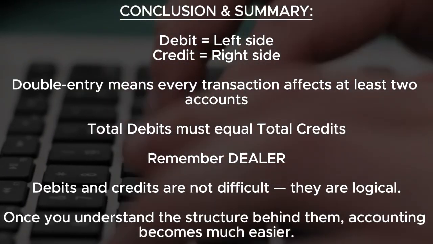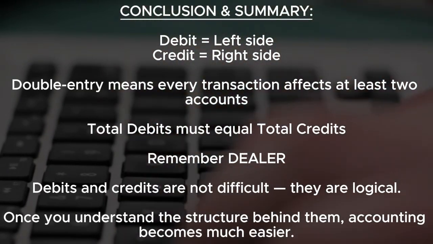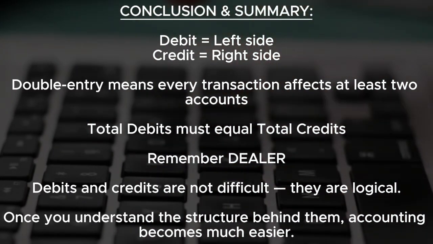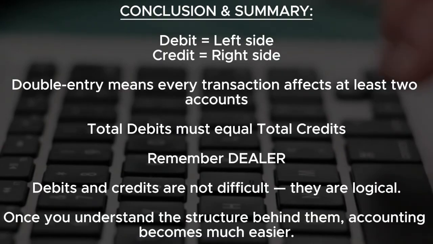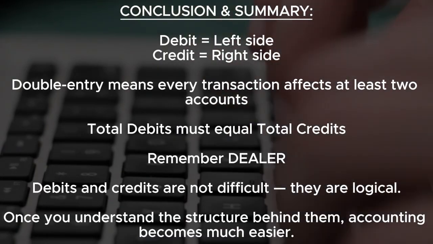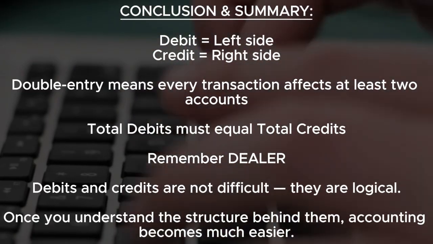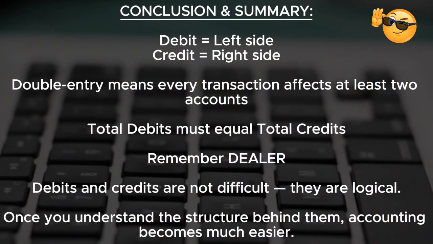Conclusion. Let's summarize. Debit equals left side. Credit equals right side. Double entry means every transaction affects at least 2 accounts. Total debits must equal total credits. Remember DEALER. Debits and credits are not difficult, they are logical. Once you understand the structure behind them,